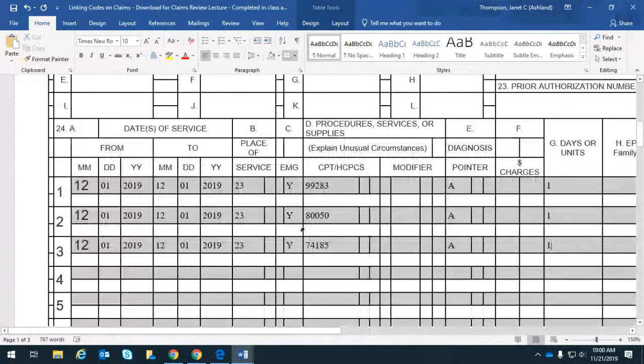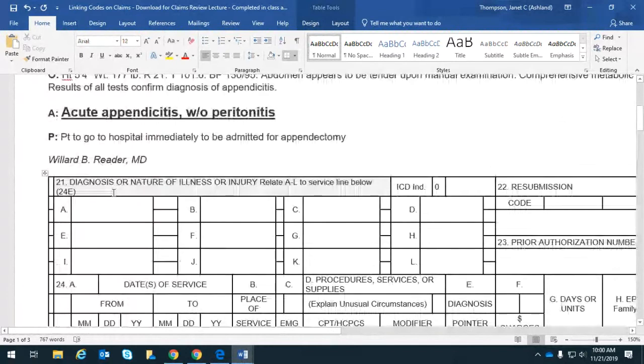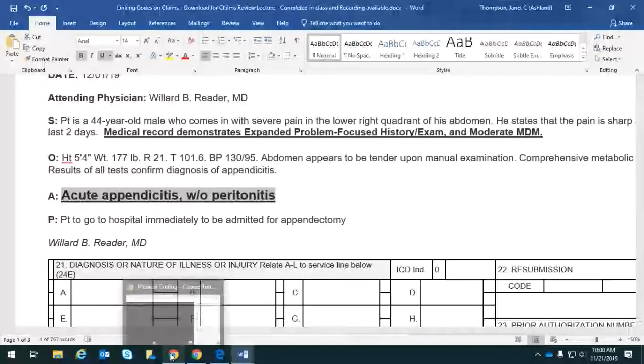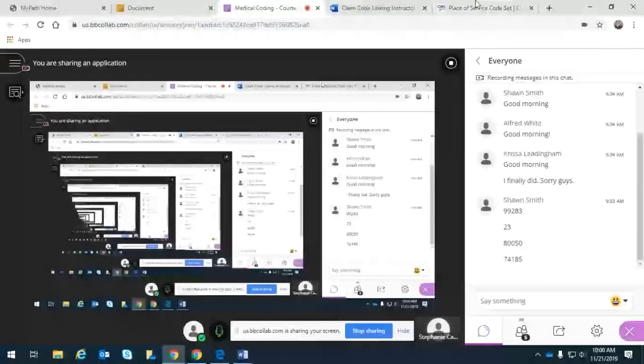So now we've got 3 procedures here, so we need to come up and fill this diagnosis code in. I didn't have my ICD-10 book. I forgot that little detail since we're on CPT. I told you not to worry about bringing your books. I'm going to try this in the lookup on ICD-10 data. So our assessment was acute appendicitis with peritonitis. I'm going to just type this in and then ICD-10 after it and see what